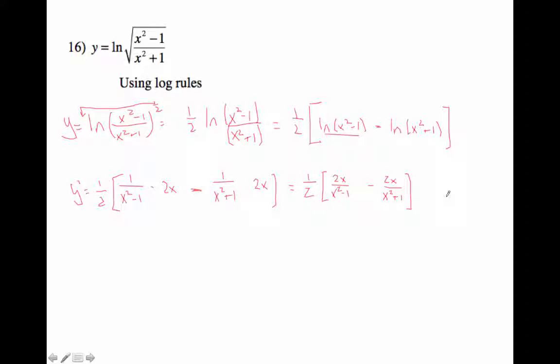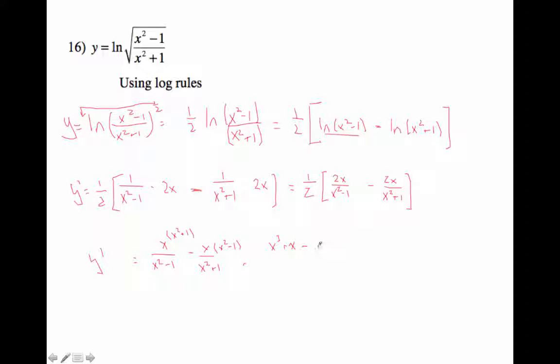Okay? Now, we can distribute the 1/2 in if you'd like, because since I have 2 x's in the numerator, that's going to make life a little bit easier. So this ends up being x over x squared minus 1 minus x over x squared plus 1. Now, you may need to get this into one fraction. If that's the case, we're going to need common denominators. So we're going to kind of crisscross things. We're going to multiply the first fraction by x squared plus 1, and the second fraction by x squared minus 1. So now we have x cubed plus x